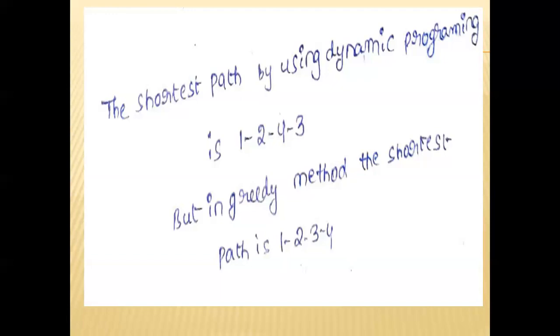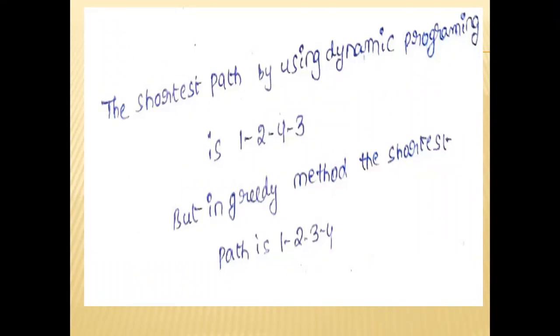So you must consider all possible decision sequences by using dynamic programming. To consider all possible solutions, you must construct one mathematical formula to calculate any decision sequences. That is in dynamic programming. In dynamic programming, to calculate decision sequences for any problem, you must construct one mathematical formula to find all the decision sequences. So that is dynamic programming.